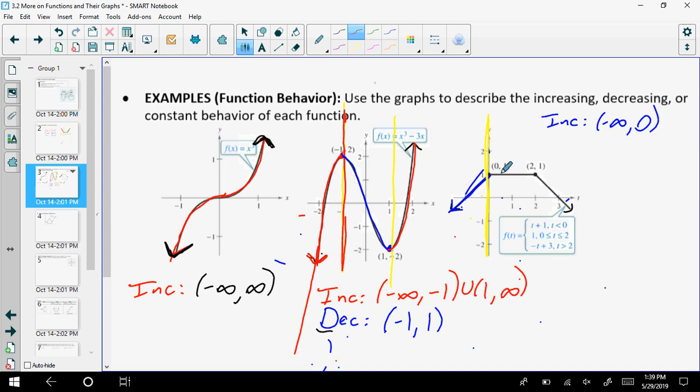Okay, then I'm horizontal until I hit this point. So that's going to be constant from x is 0 to x is 2. I didn't go up or down. And then after that, it's a different color here, the graph is headed down. So we would be decreasing from what x to what x? Well, I left off at x is 2,